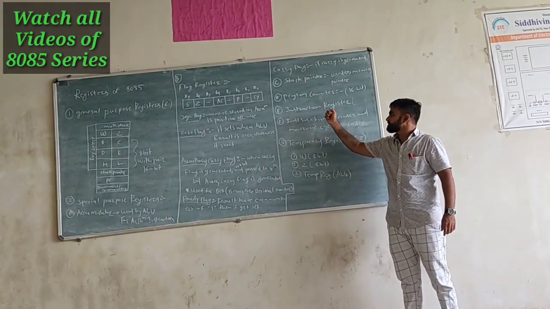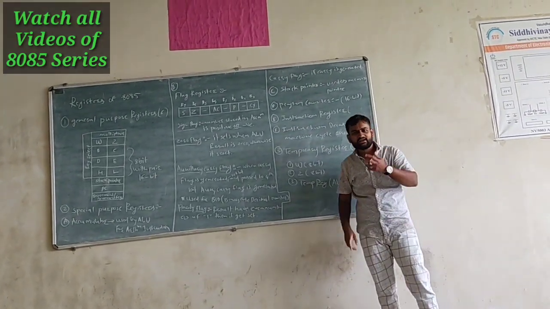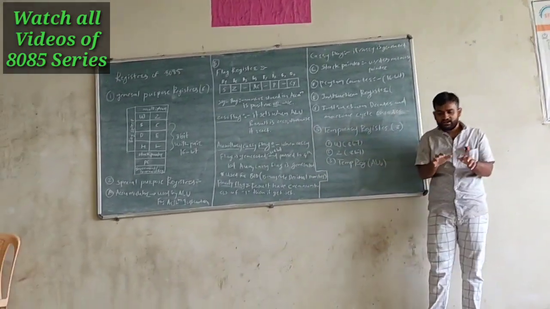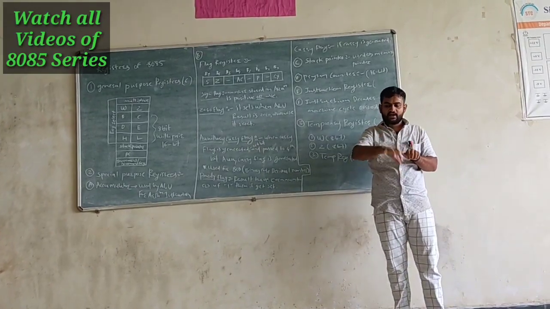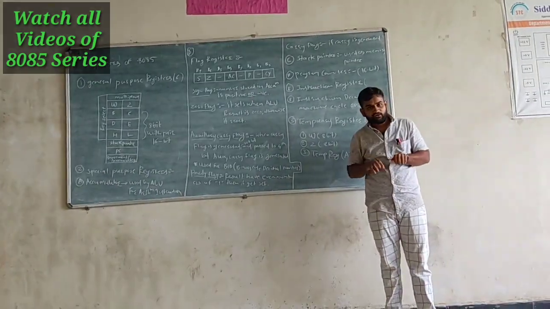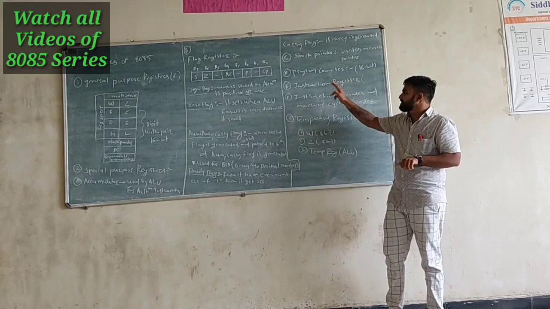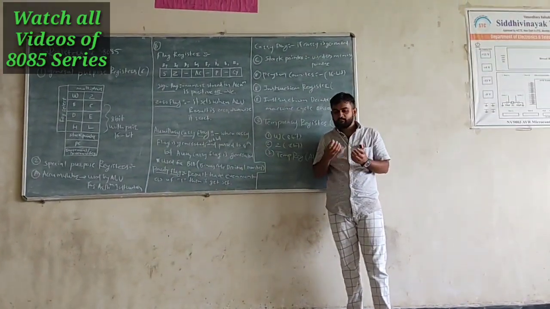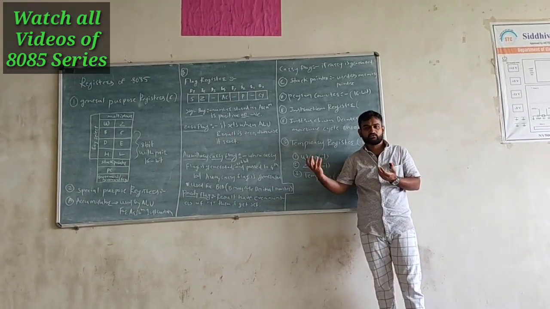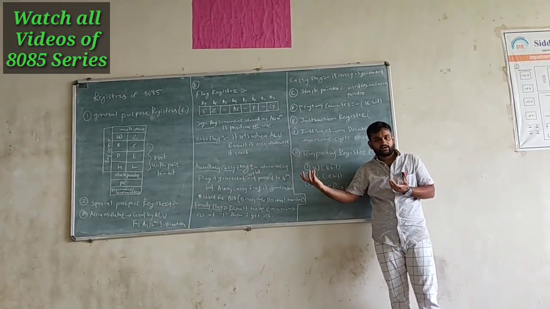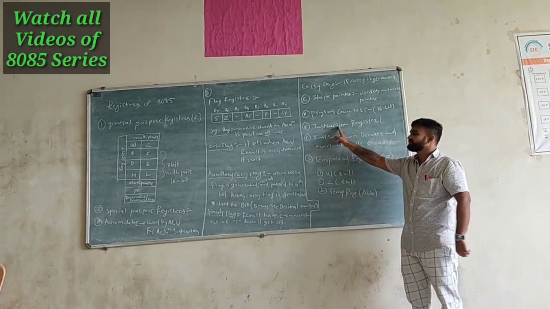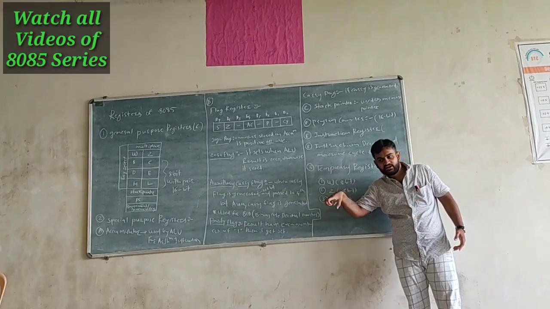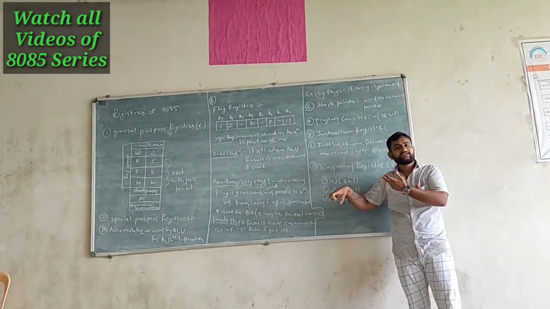Then we have an instruction register. Whatever instruction we provide to a microprocessor, maybe the user is using an assembly language program and we provide the instruction ADD B, ADD B is going to be stored inside the instruction register. What is the instruction register going to do? Whenever any operation is under execution, the instruction is present inside the instruction register, and that instruction then needs to be fetched and decoded.